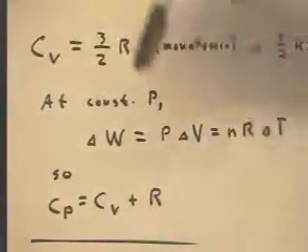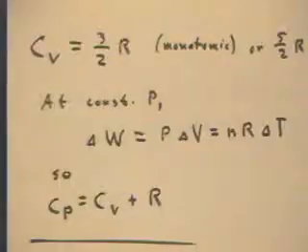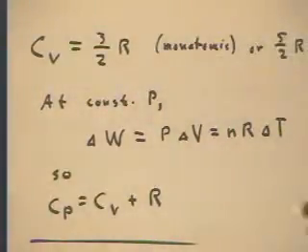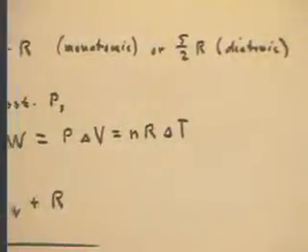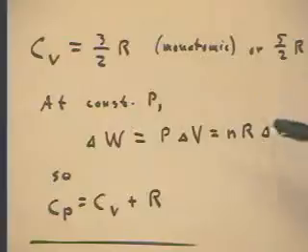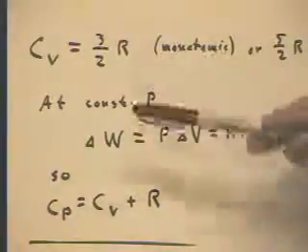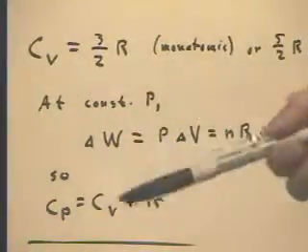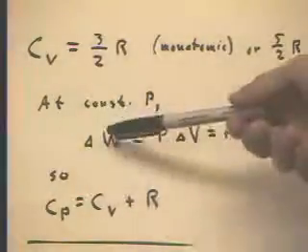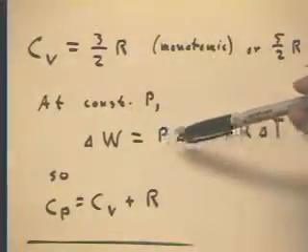We recall that for gases, the constant volume specific heat for monatomic gas is 3/2 R, 5/2 R for diatomic. We've got diatomic written over here, but I haven't chosen to focus on it, just to make the picture nice and big. Okay, now, if we expand a gas at constant pressure, the work done is the constant pressure times the change